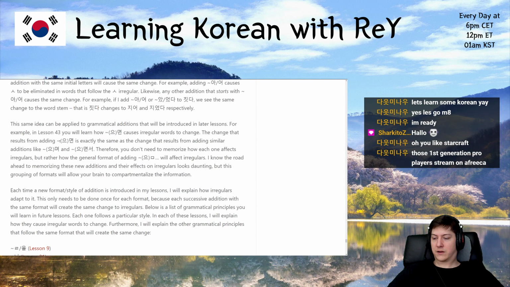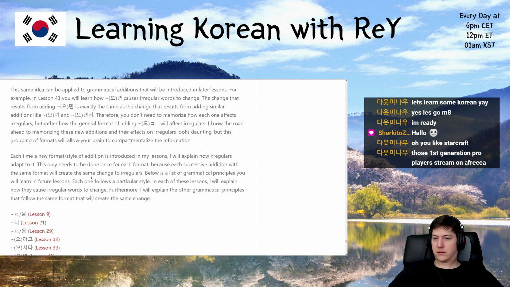The change that results from adding myon is exactly the same as the change that results from adding similar additions like myo or omyon. You don't need to memorize how each one affects, you just need to know the general format. Okay. It looks daunting, yeah, but the grammar formats will allow your brain to